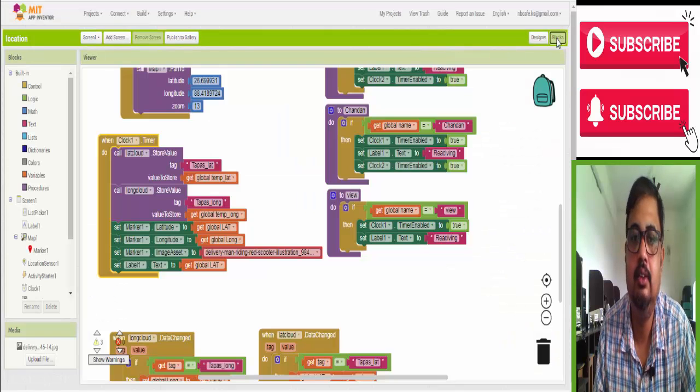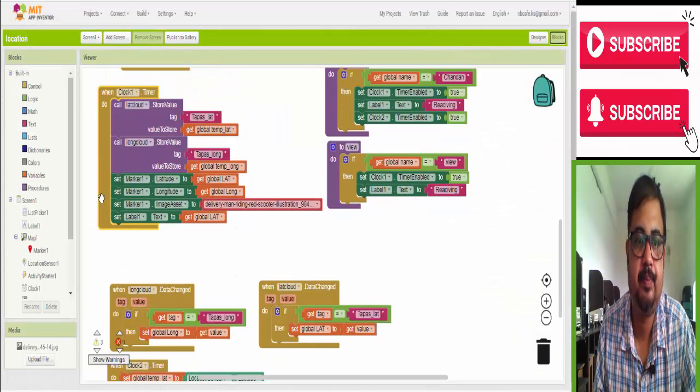Okay, now let's see here. Call lat cloud, store the value, tag Tapas lat. So it will store the value of the current location under the name Tapas lat.